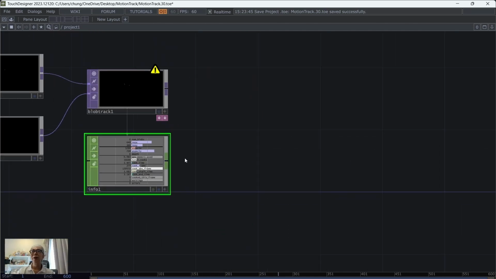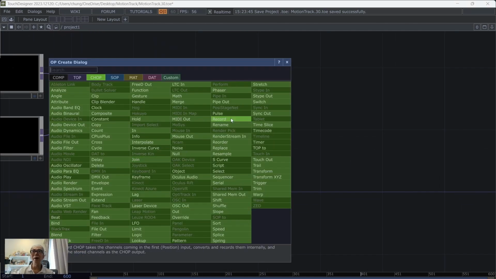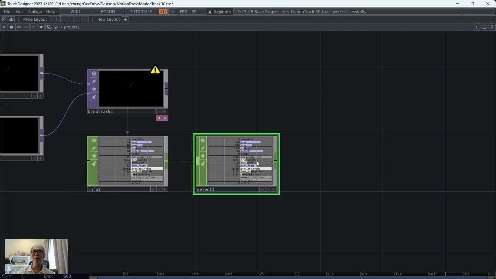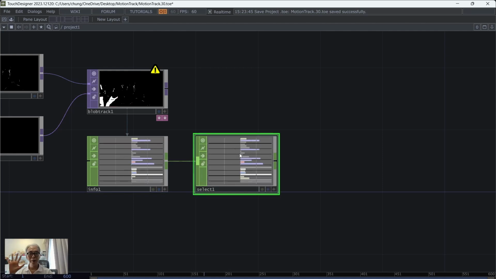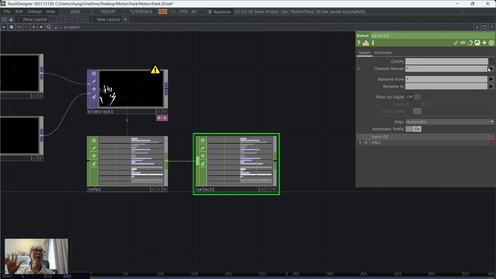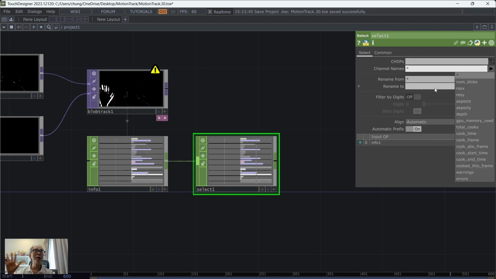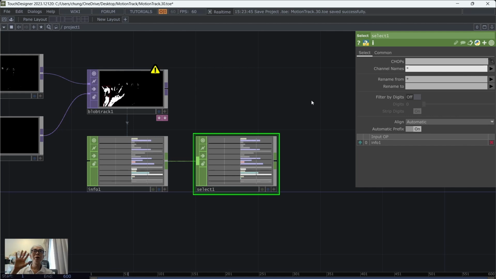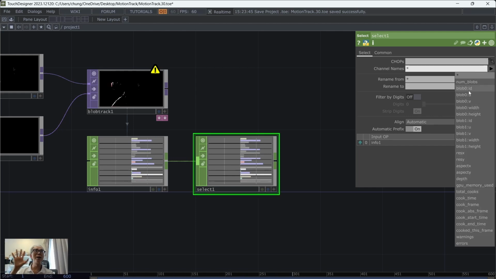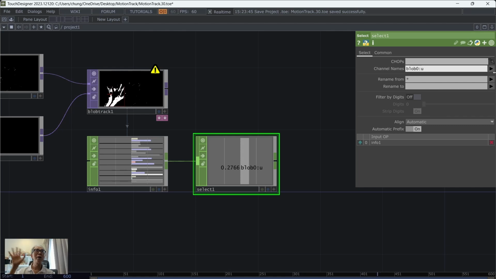So we can just select block 0, that's the major block, and then we can select, for example, making sure I have movement, the u, and then the v,